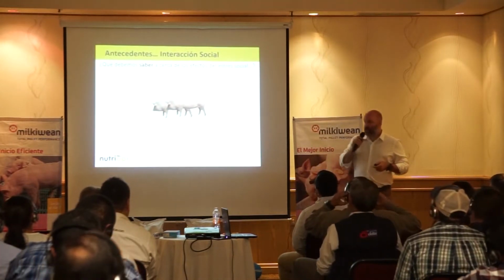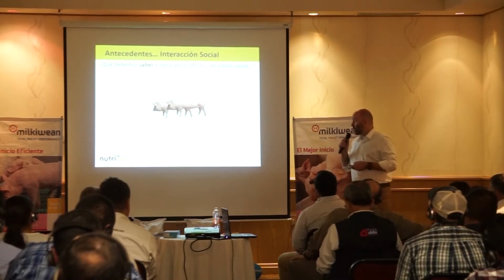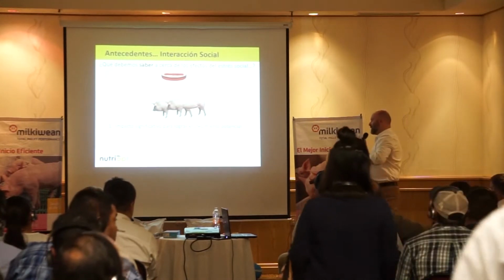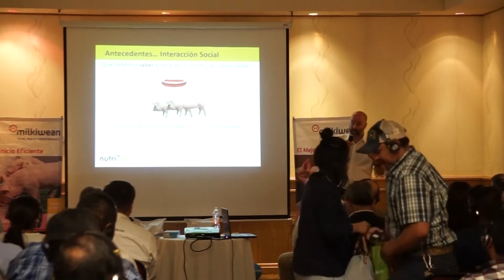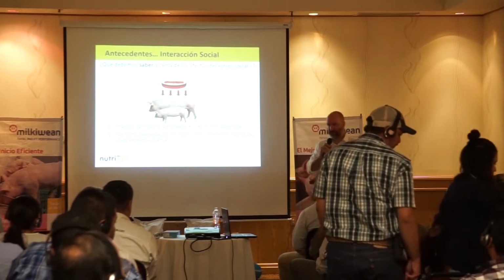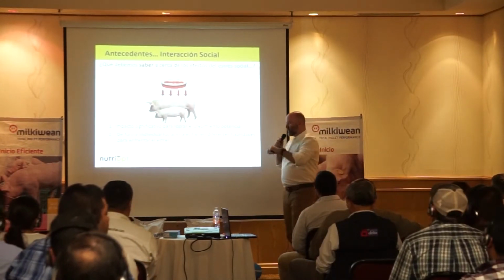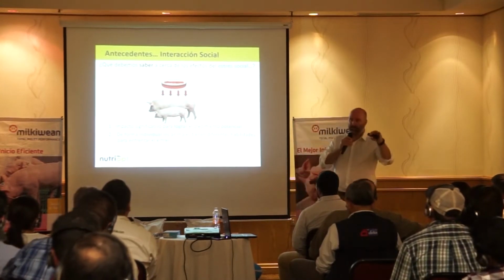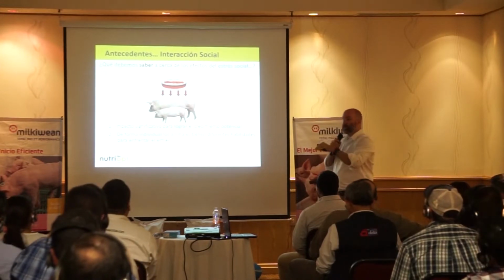So when it comes to social interactions, what are the effects of these social stresses on the animals? It has a very significant impact on the potential and the ability to grow of the animals. It can really slow them down or alter their growth potential. We also know that individual animals react very differently to stresses. A small pig that hides in the corner and eats last is going to react differently to stress than the big pig who's the boss of the pen and does whatever he wants.